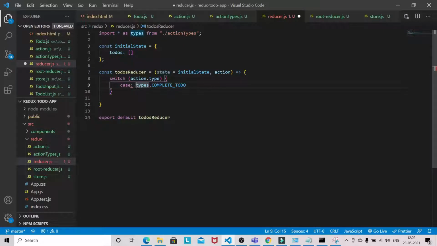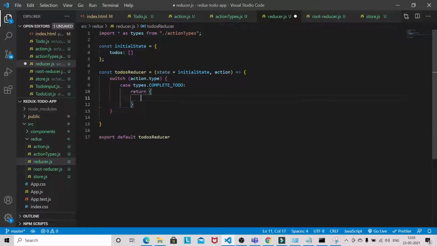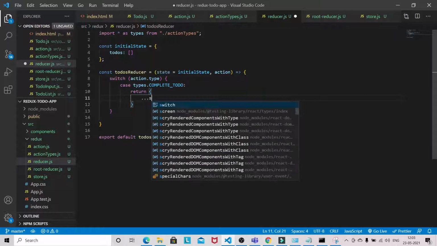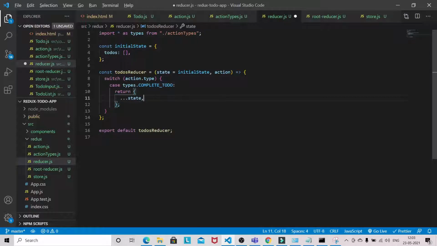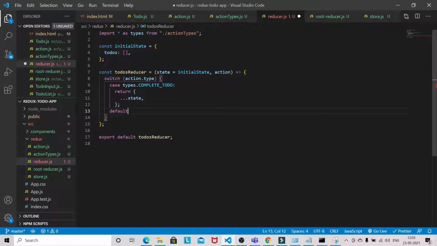Okay, so case type, and as of now just leave it as it is. It just returns the state, just leave it as it is, and default also will return just state. We'll be writing the logic later.